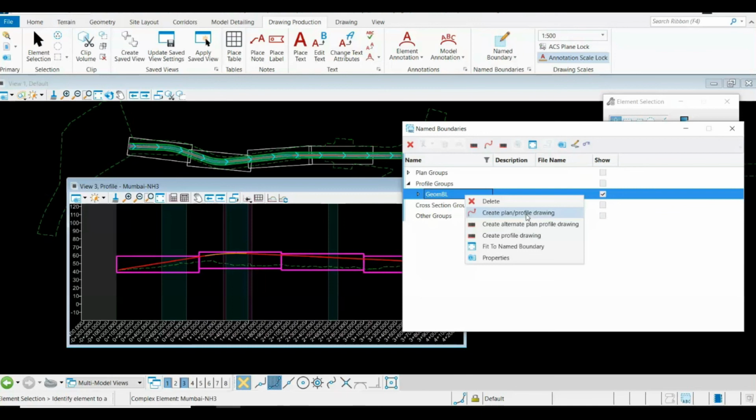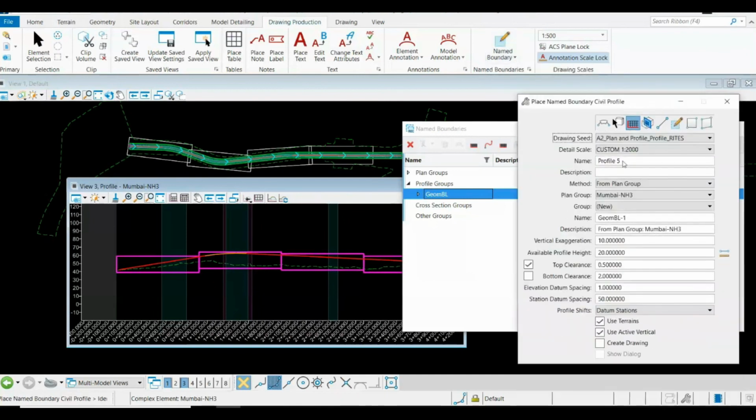But before that, you should toggle on these two icons. So what are these two icons? Basically, show the create drawing dialog. This icon is the same as when you create your profile and check this box create drawing. This would have come right from here as well.